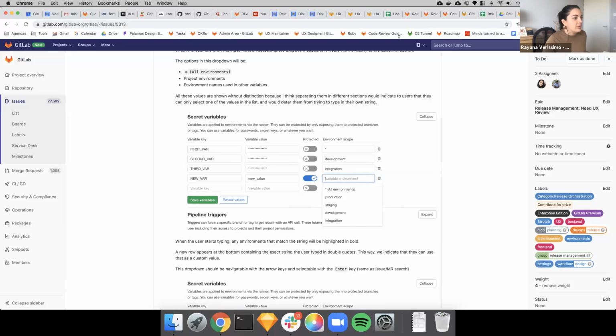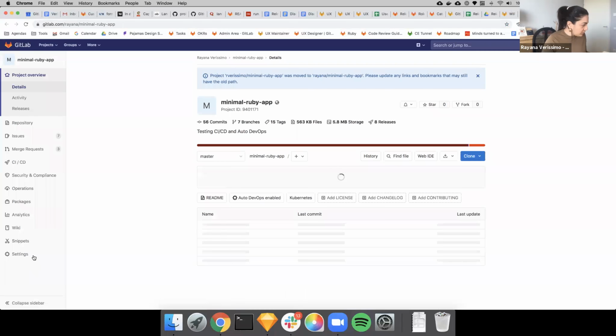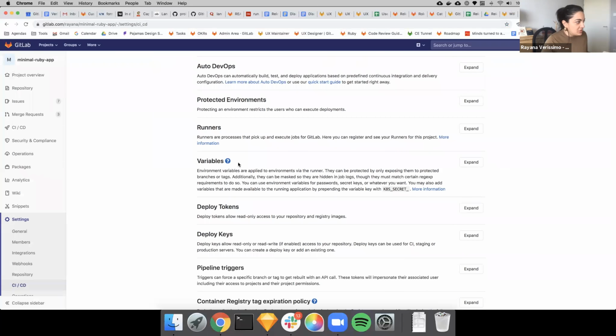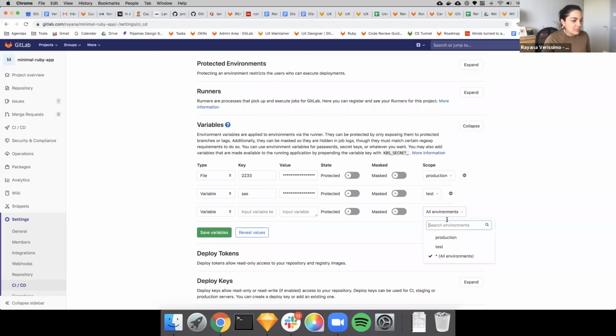I can actually show as well. So that is the old UI, right? Yeah, that's like a Node prototype. And let me show you so everyone also knows what I'm talking about. It's actually here on project settings, CI/CD variables. Yeah. So my issue is about